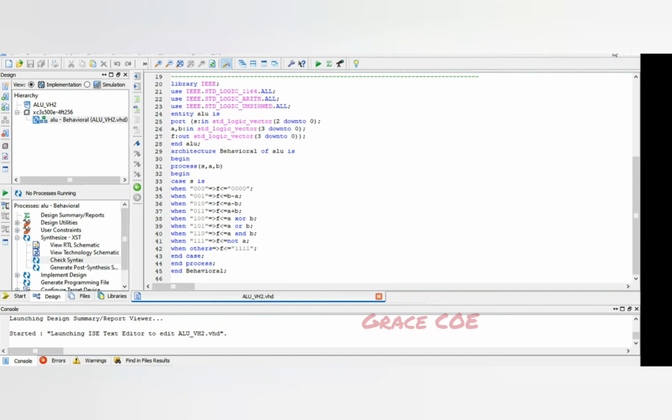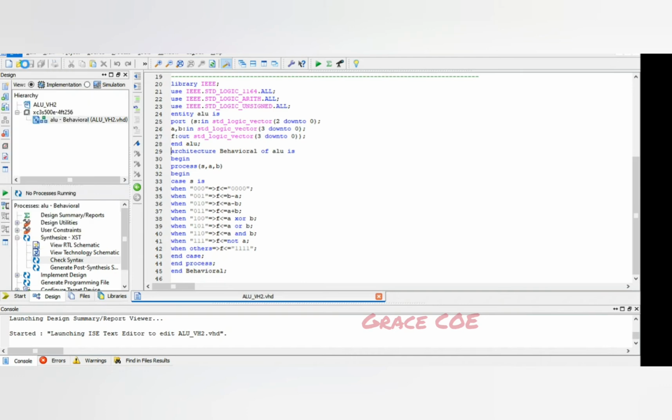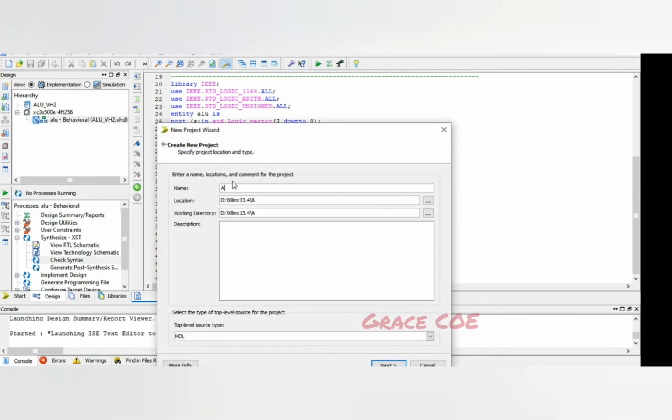So similarly we can write the VHDL code and we can simulate the output of the ALU operation. The procedure is the same. Just go to file, click on new project, give a file name.